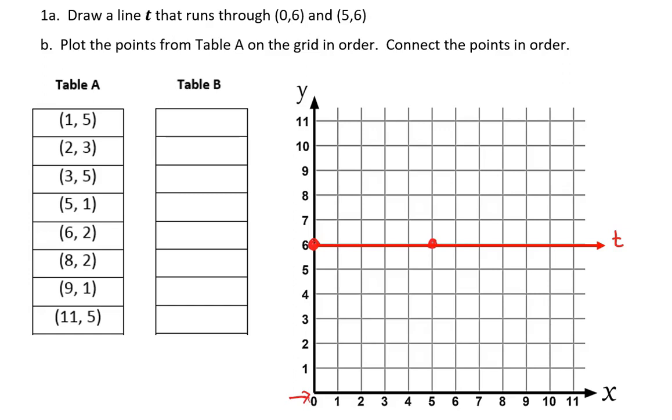Next, we're going to plot the points from table A onto our grid, and we're going to connect them in the order in which they appear on the table. So I'll do each point here. I'll start at (1, 5),